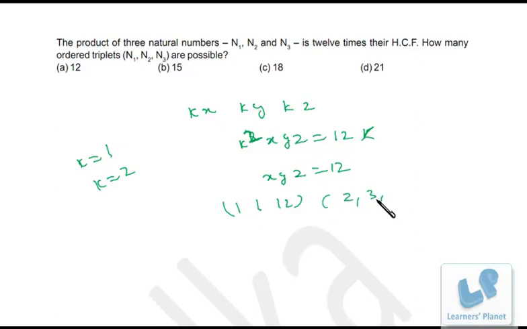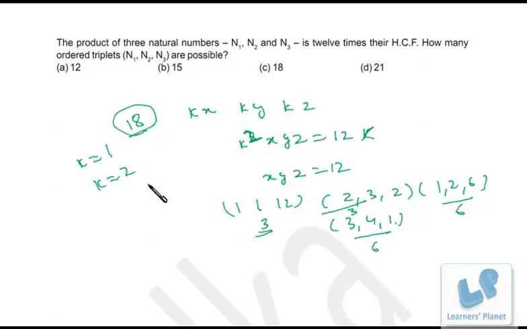Then 2, 3, 2, that is 2 times 3 is 6, 2 times 6 is 12. Then 1, 2, 6, and then we can have 3, 4, 1, right? So this can be xyz or xyz in different orders. In all, this is 3 factorial by 2, that's 3 sets from 1, 1, 12 we can obtain. 2, 3, 2 is further 3. Then here it is 3 factorial, so it is 6. Here it is further 6, right? So 6 and 6, 12 and 3, 15 and 3, 18. So when k is equal to 1, we will be getting 18 triplets.